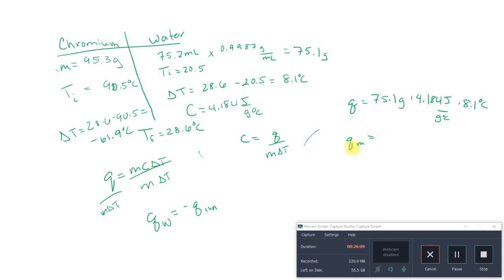So the heat of the water is 2,545. Grams are going to cancel, and degrees Celsius, so that just leaves joules. So now I know that the heat of the metal is the same thing, but with a negative sign. And so the heat capacity would be negative 2,544 joules divided by the 95.3 grams and negative